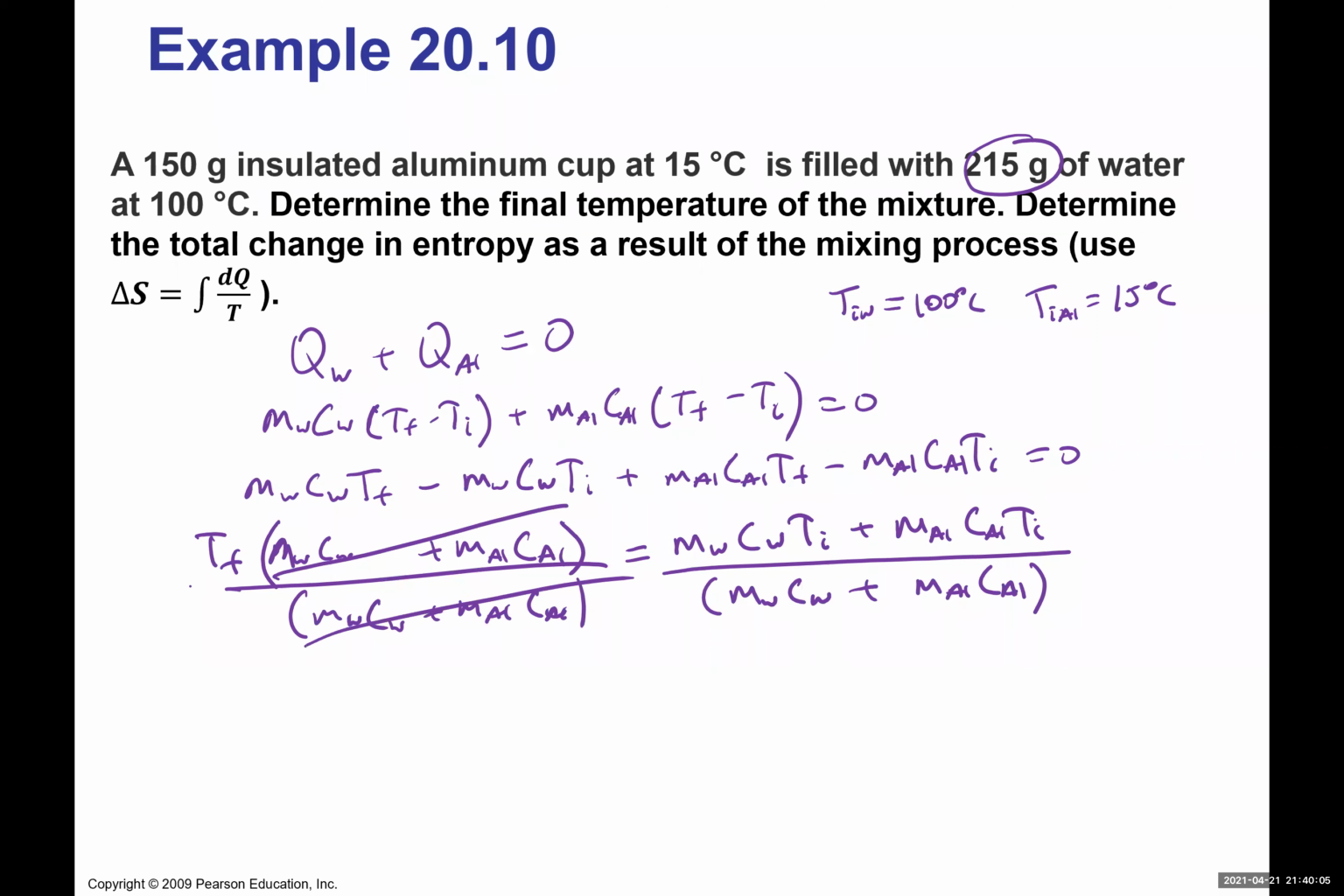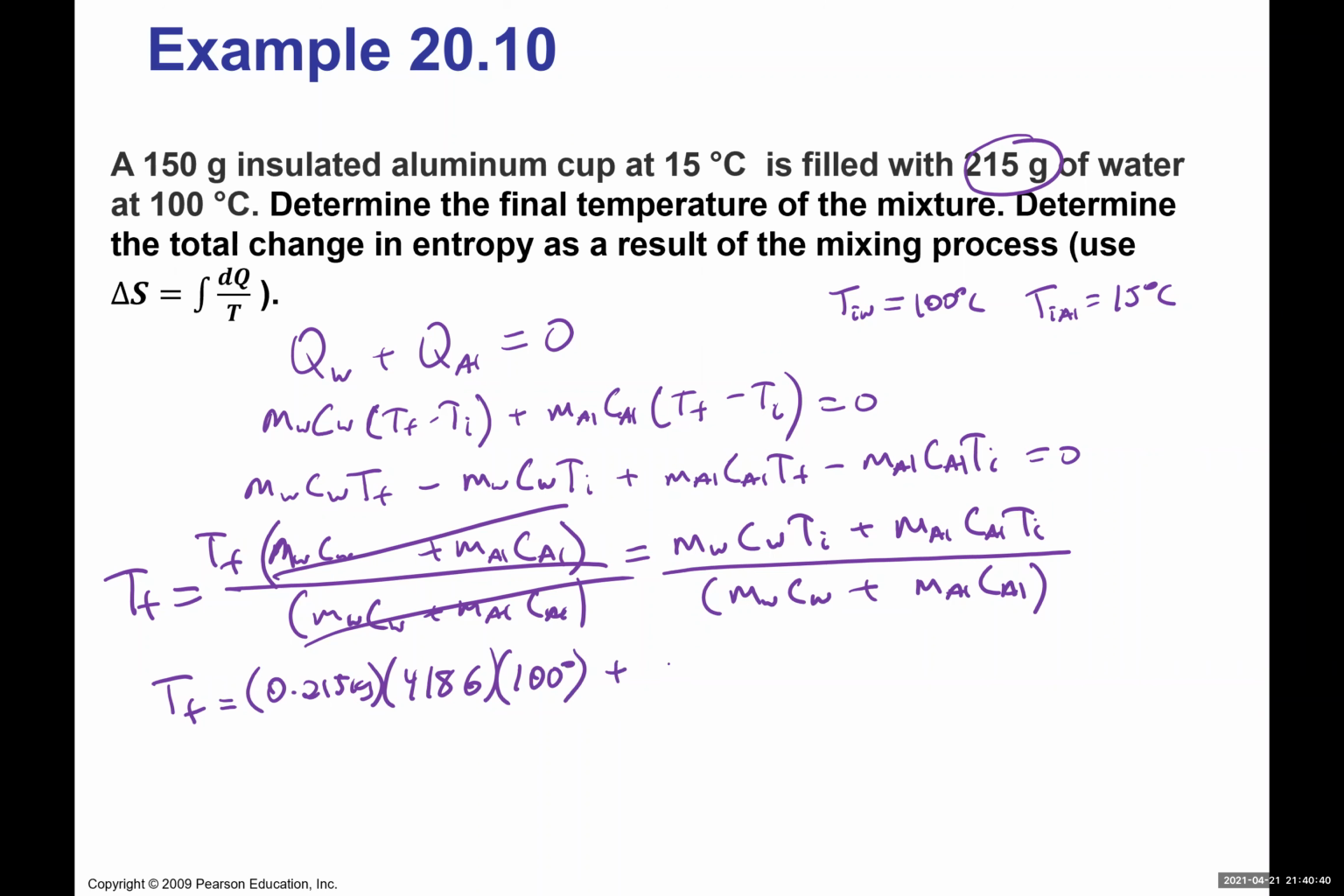So let's cancel out. That's basically T final. All right, so imagine, we just plug in all the values and calculate it. So T final equals the mass of water here, 0.215 kilogram, times the specific heat of water, which is 4186, times the initial temperature, 100 degrees Celsius,